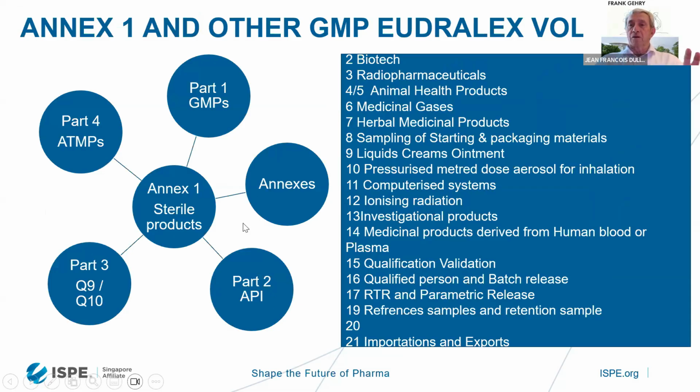For the European regulation, we have the Annex 1, which is one of the last release document, which is really important. And then we have different parts in the GMPs. We have the part 1, which is the different chapters related to basic GMP requirement. We have the part 2, which is dedicated to active pharmaceutical ingredient. We have the part 3, where we find support document for the GMPs. We find here ICH Q9, ICH Q10, ICH Q8, and we find as well